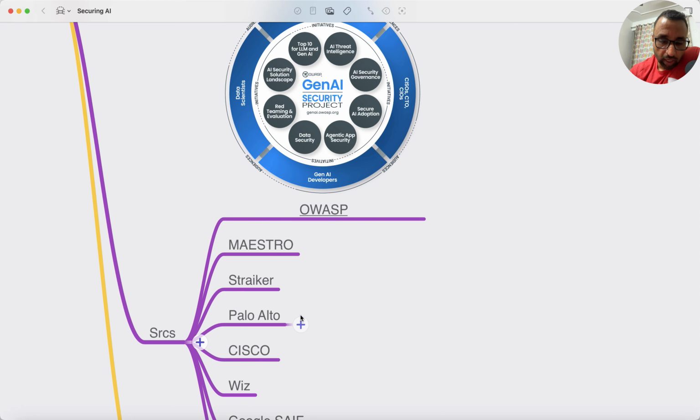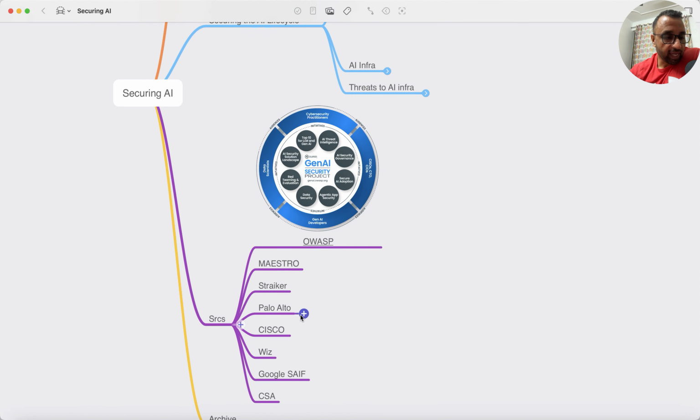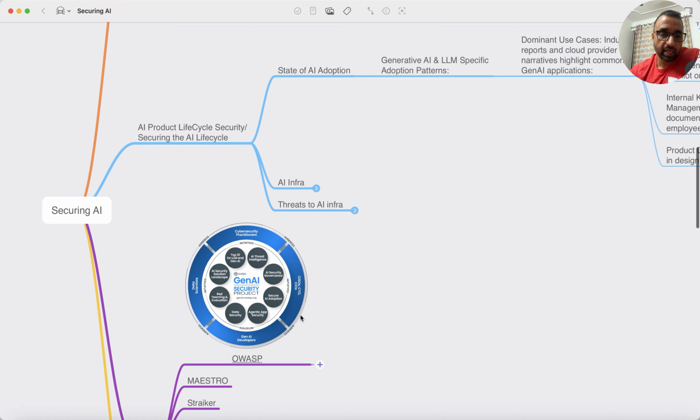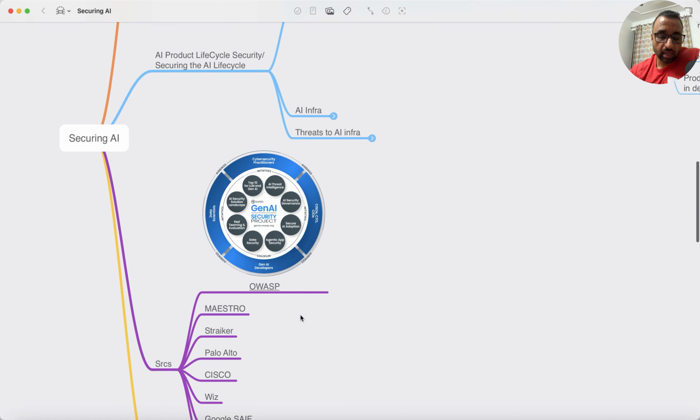So again, this is not the end of my AI security series. This is just a beginning. In the next podcast, I'm going to get guests who are either building a solution against these threats, to prevent these threats, detect these threats, etc. I'll get experts from the industry, as well as I'll also share what I'm seeing.